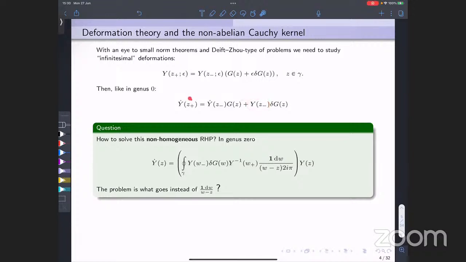Can I write the solution of this non-homogeneous problem? Well, what do we do in genus 0? In genus 0, you have the Cauchy kernel, which is a scalar object. And then you can write this formula. You can check using Sokhotski-Plemelj that this provides precisely the solution of this